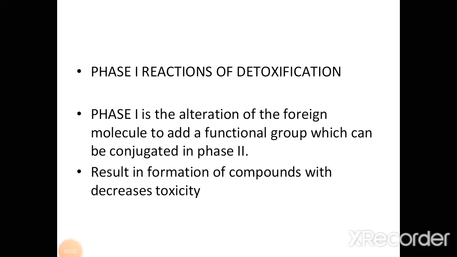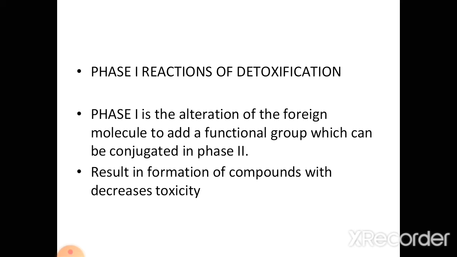Liver is the major organ responsible for the metabolism of xenobiotics. Metabolism of xenobiotics has two phases, phase 1 reaction and phase 2 reaction. Phase 1 reaction is the alteration of a foreign molecule. Xenobiotic is a foreign molecule. So phase 1 reaction is the alteration of this foreign molecule to add a functional group which can be